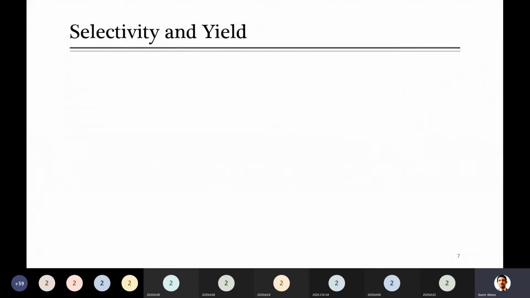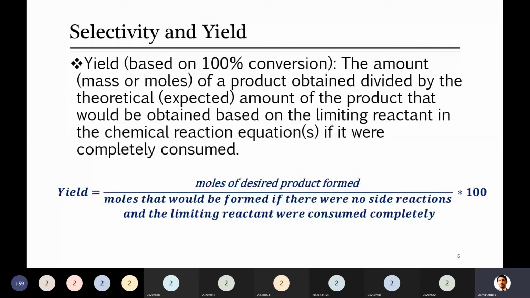So one thing here, as I discussed in the first case, I told you that all 100 moles of ethane are converted to ethylene. So you said that it will be 100 moles divided by 100 moles, and yield will be 1 or maybe 100%. So in the second case, we discussed that it is 80 over 100. So that is less than 1. That is 0.8 or 80%, you can say.